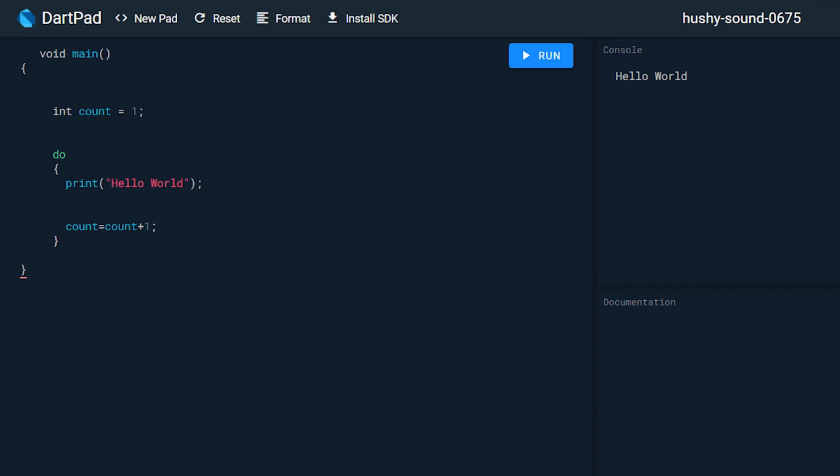Now at the end of the do block, or after the do block, we put the while keyword, and inside the bracket we mention the condition. So counter variable is less than 10, and after the bracket, or after the while statement and condition, we have to put the semicolon here. Now we are done with the syntax of the do-while loop. So click on the run button.